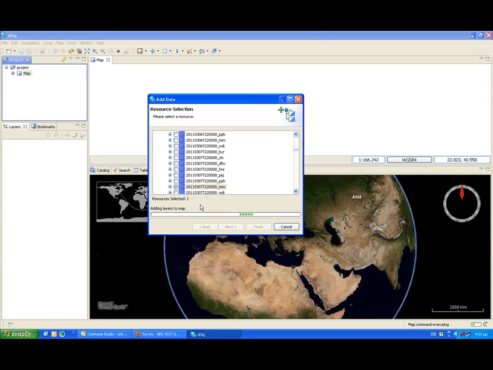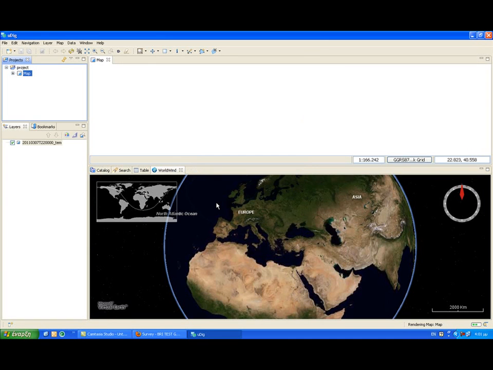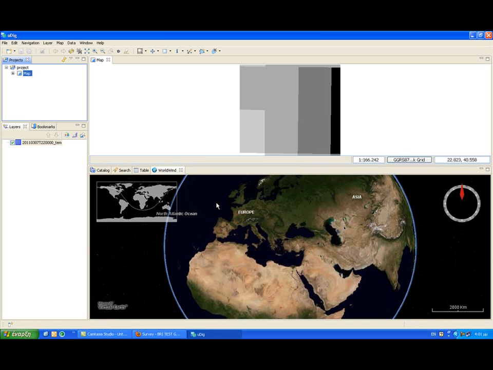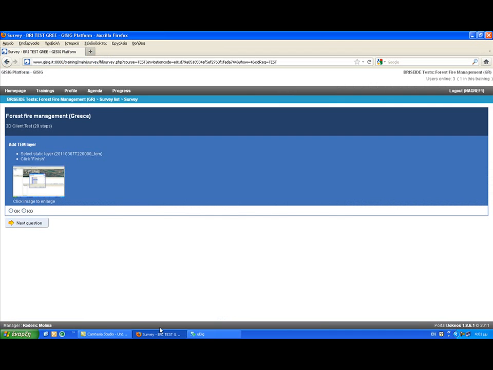It says adding layers to map. And I have a portion of the map in front of me with a grey map in 3 or 4 shades of grey, and I say OK on this and I go to the next question,